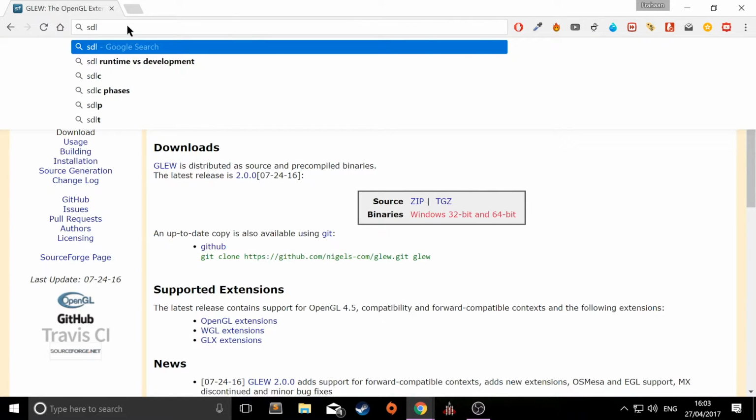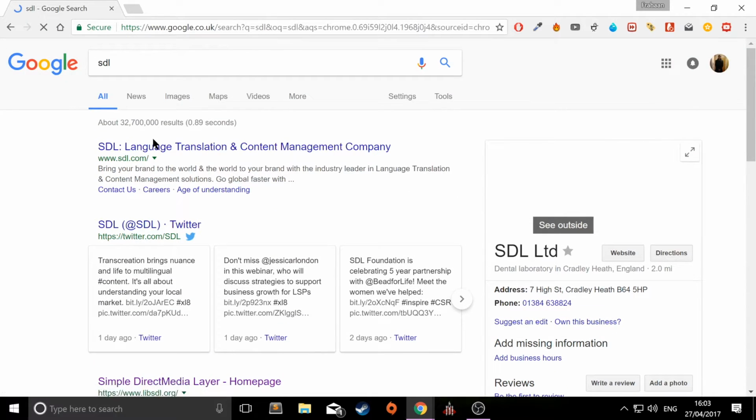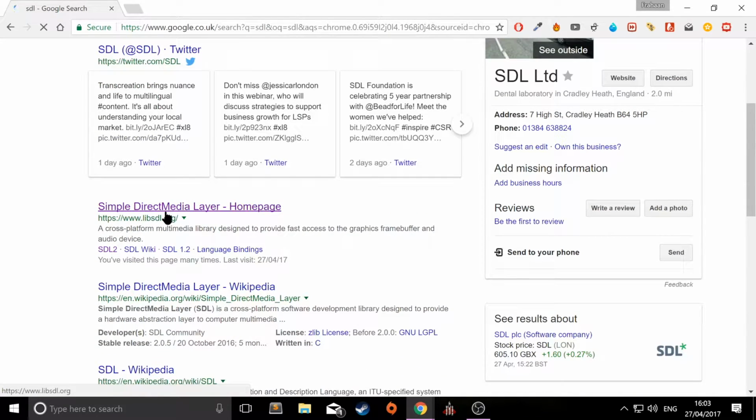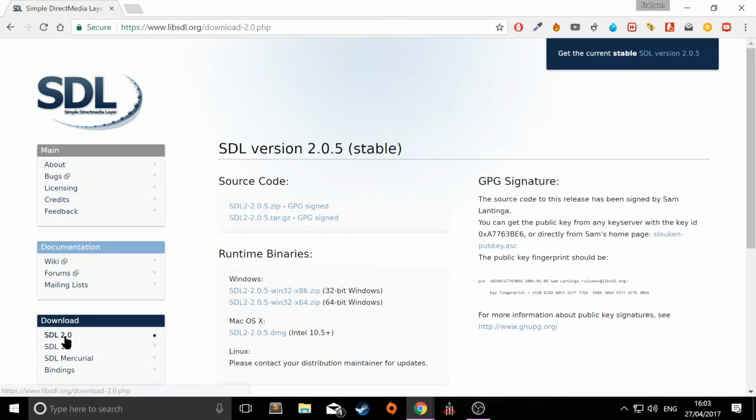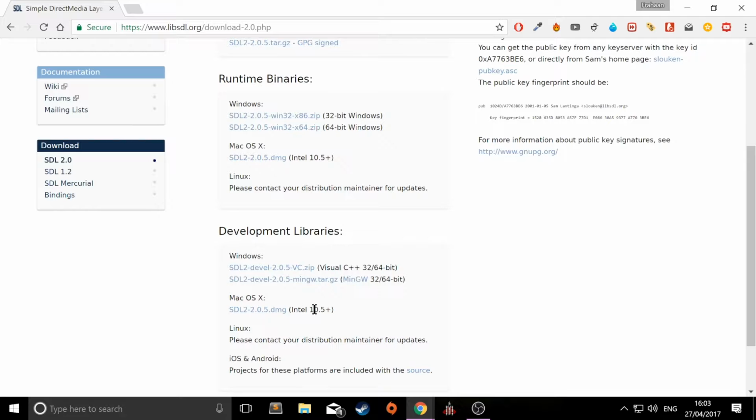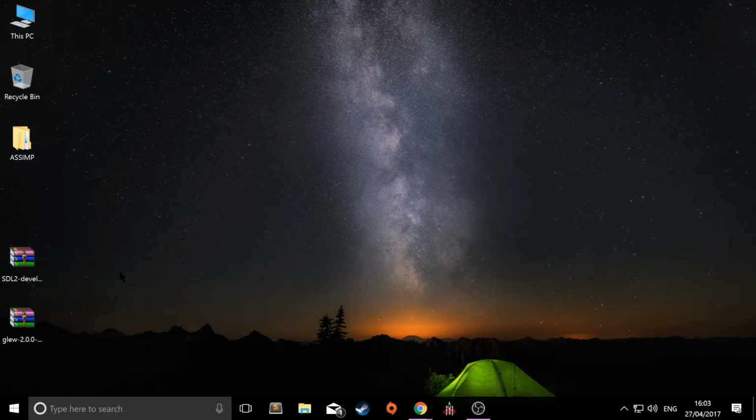Next, you want to go to the SDL website. I can never remember what the website is. It's not SDL.com, that's something else. It's libsdl. Okay, so just go to that, go to SDL 2.0, and go down to development libraries, and download the VC one, so the Visual C++. Again, I already have it downloaded. So once you've got all of that downloaded, and I've got it on my desktop,